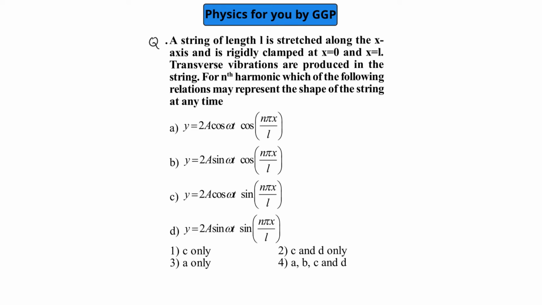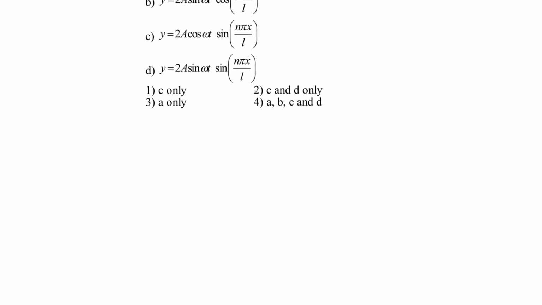A string of length L is stretched along the x-axis and is rigidly clamped at x equal to 0 and x equal to L. Transverse vibrations are produced in the string. For the nth harmonic, which of the following relations may represent the shape of the string at any time? So we know that basically over here we are going to get a stationary wave,